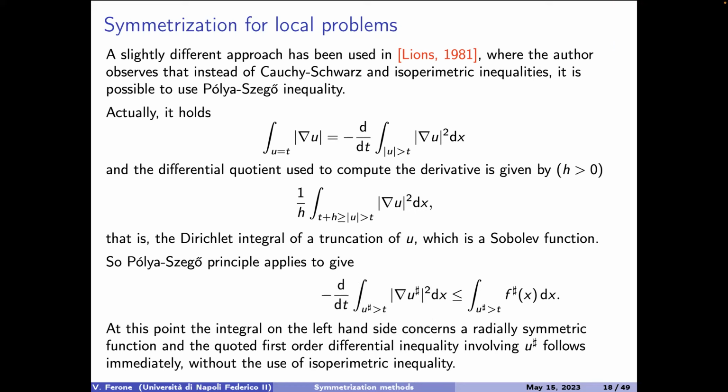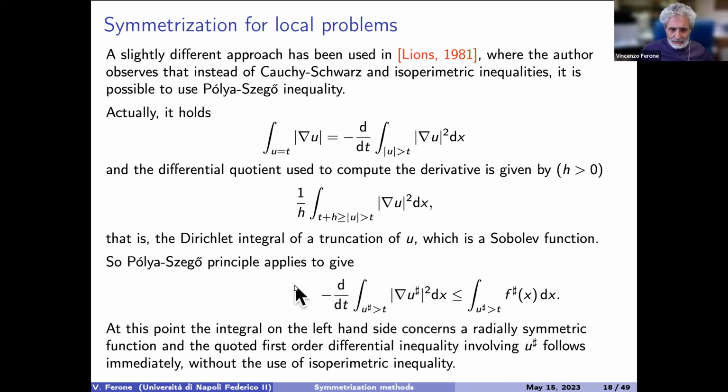Okay, agree. This is a point, because the problem is the fact that the gradient is constant on these level sets. And so if I use the isoperimetric inequality in a different context, it does not work as in the local case. So this quantity depends only on u sharp.